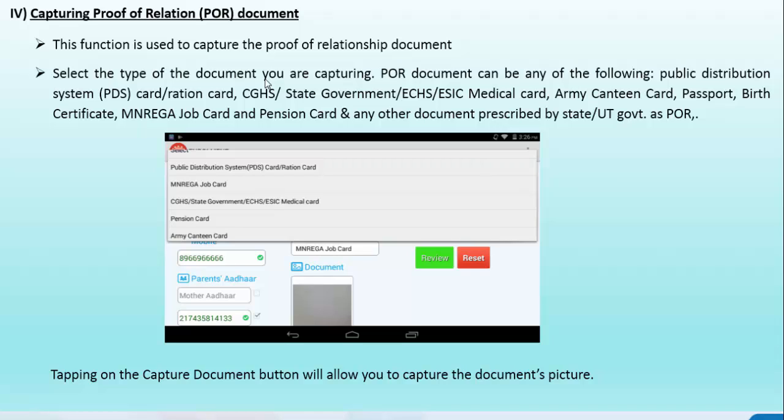While scanning the POR document, you have to ensure that the contents are clearly visible and that you have scanned the proper document. One more thing, we have to scan only the original POR document, because we should not scan any Xerox copies. Some state governments give only printouts, and that is also accepted as per UIDAI norms. We can take digitally signed birth certificates for enrolling 0 to 5 years. Otherwise we can take any other POR documents to complete the child enrollment.